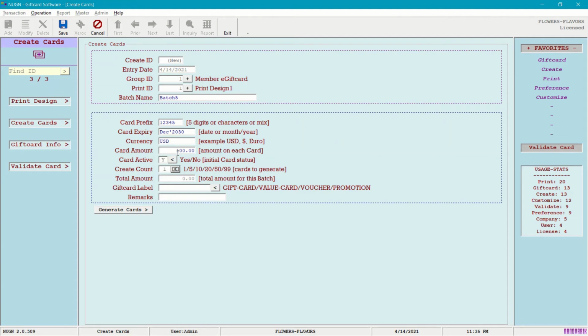We'll select the gift card label. By default you have these features, you can also enter those manually. I'm going to go with gift card and put some remarks. So once all of these entries are clearly provided, you hit the generate cards